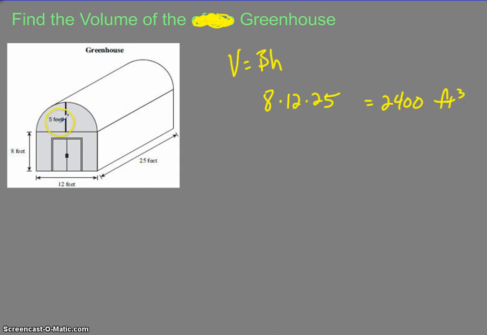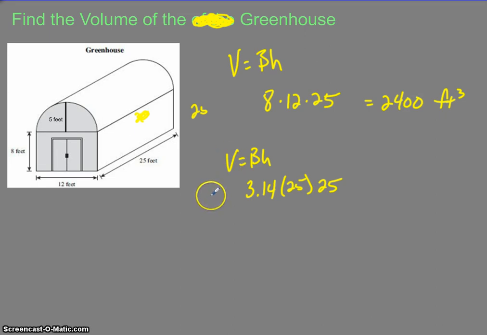Okay, this is a radius of 5 feet, so it's V equals capital BH. Capital B would be pi r squared, so it's 3.14 times 5 squared, which is 25, times the height of the cylinder, which is this length right here, which is 25. You can't see that in there. Take my word for it. This is 25, this is 25. So 25 times 25, we should know that, and then we multiply that by 3.14, and we get